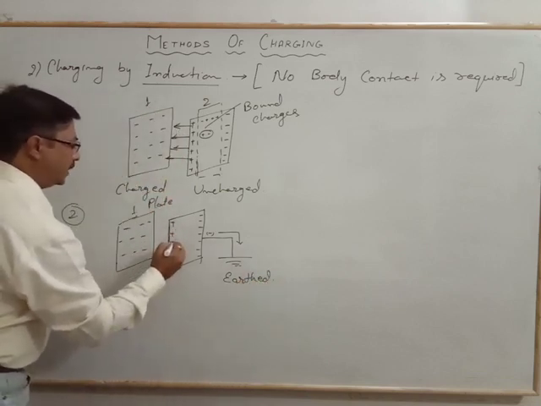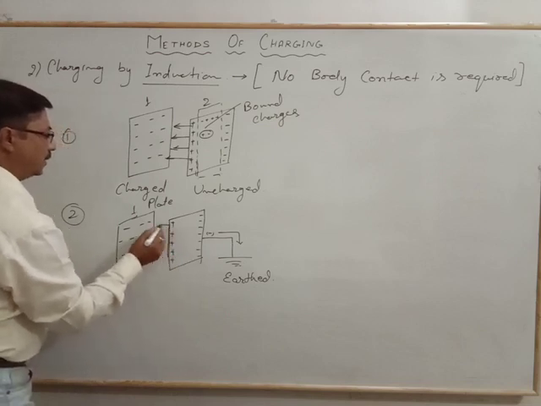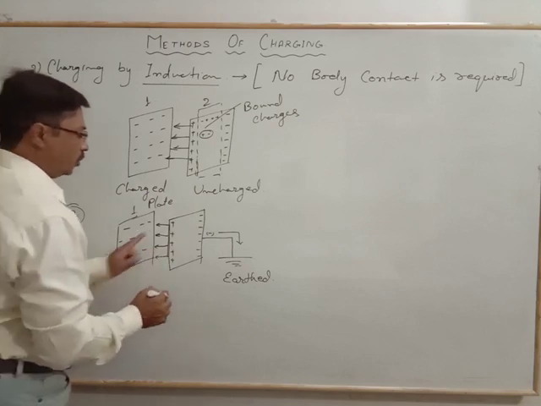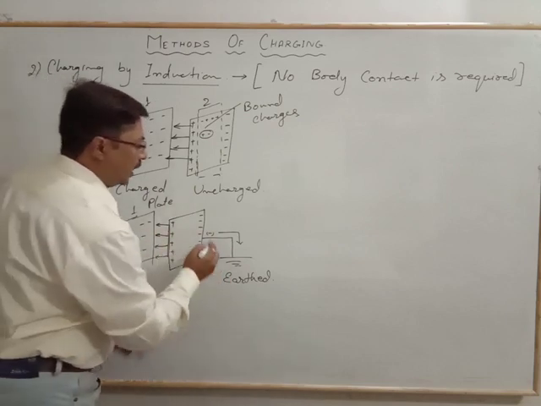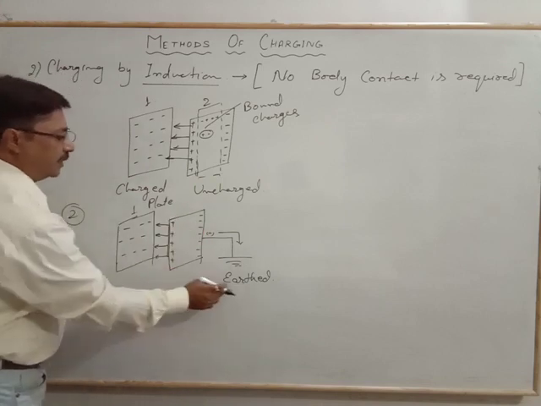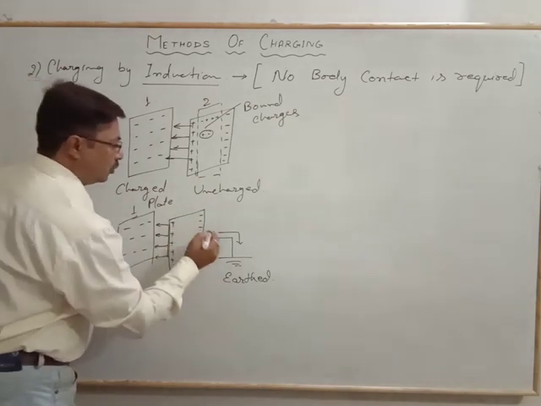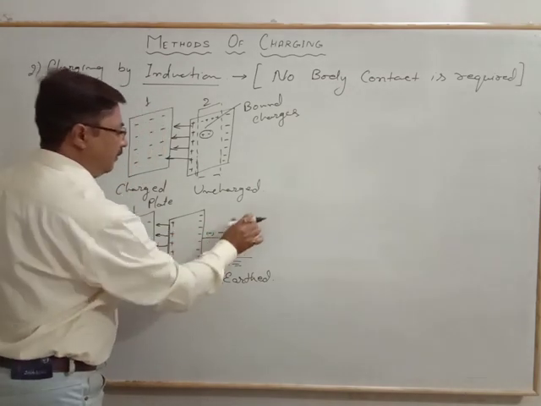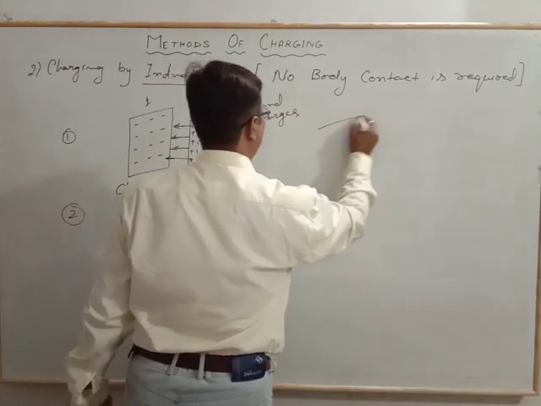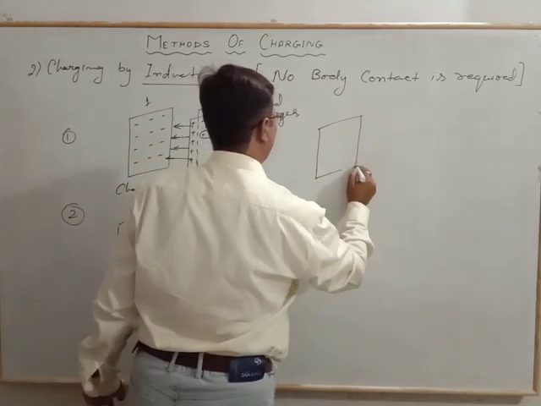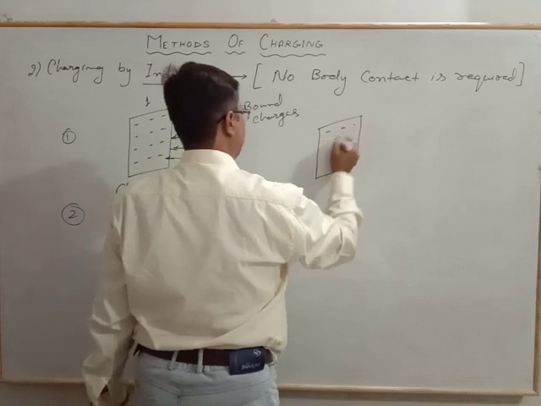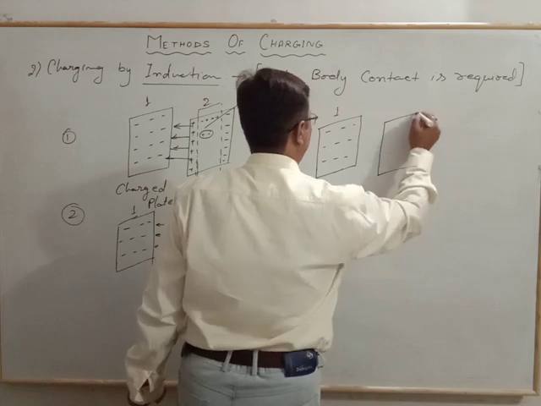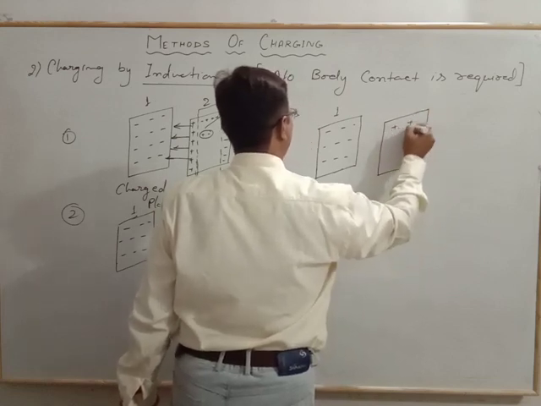So the positive will be here in front of the negative, and it is greatly attracted to the negative plate. So the positive will not move, and the electron will not come from the earth to counterbalance the positive. The electron will move to the earth, and whenever we remove the earth, on that case only the positive one remains.